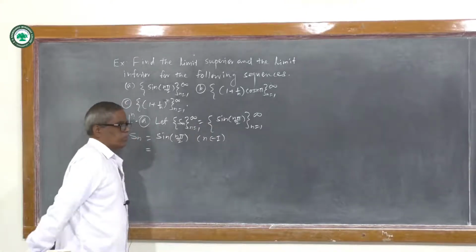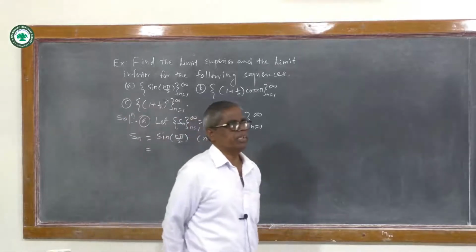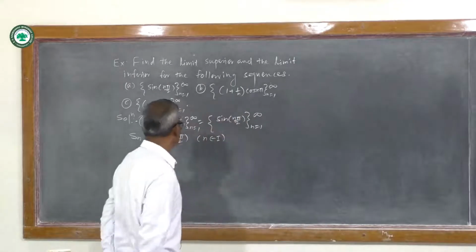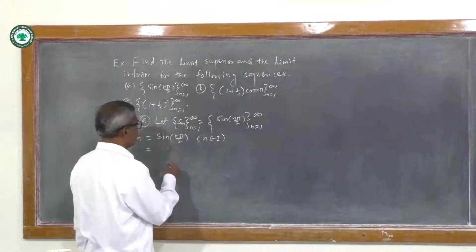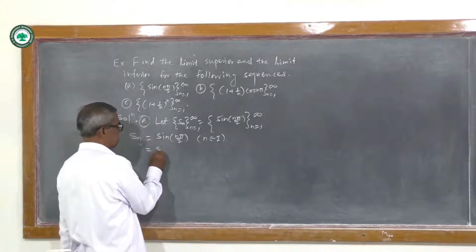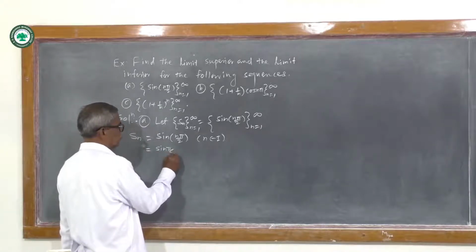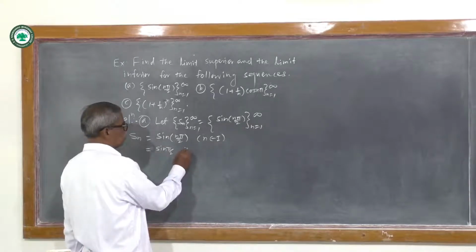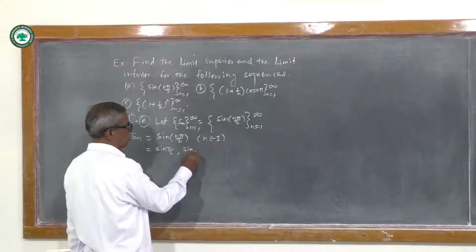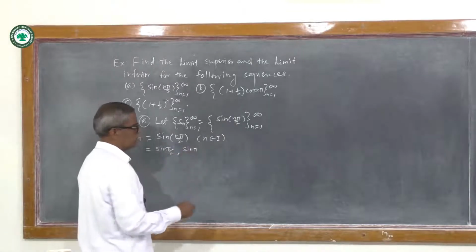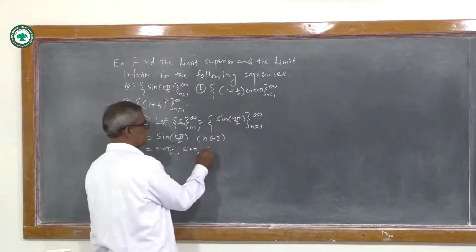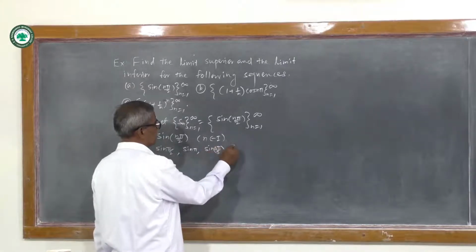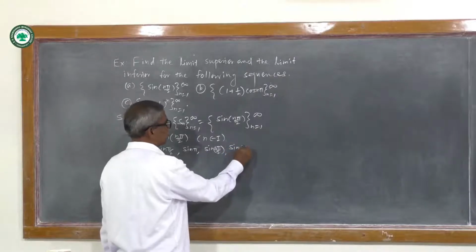We write S1, S2, S3, S4, S5 and so on. Range of this sequence: S1 is sin pi by 2, S2 is sin 2 pi upon 2, that is sin pi, S3 is sin 3 pi by 2, S4 is sin 4 pi by 2, that is sin 2 pi,